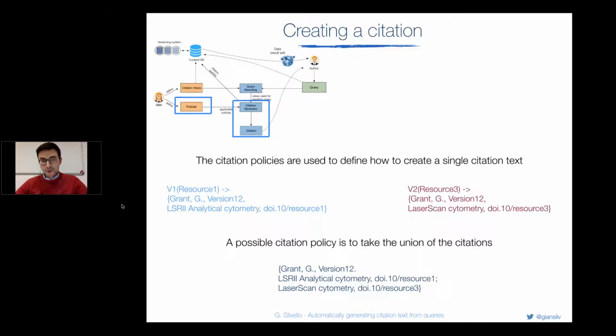This is the typical policy we use. We just take the union of all the citations and we get the final citation. In this case, if we take the set theoretical union, for grant G the author is the same, the version is the same, and then we have the list of names with DOI. So the final citation will look like the one you see in the lower part of the slide, right?